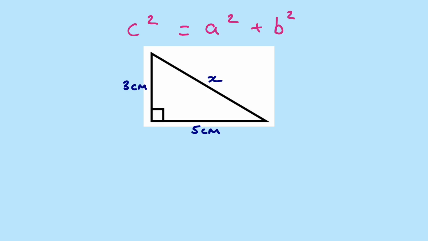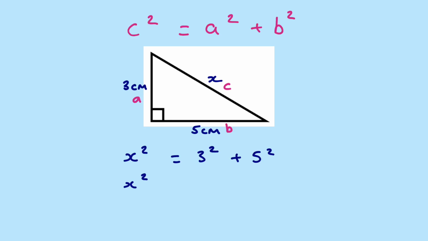So let's have a look at another example. Again, we have the missing side, which is the longest side, the hypotenuse, opposite the right angle. So let's label our sides first. So of course this is C, always the longest side. And then the other two sides, smaller sides, are A and B. So substitute into the formula. So C is our unknown x, and that is equal to 3 squared, and B is 5 squared,